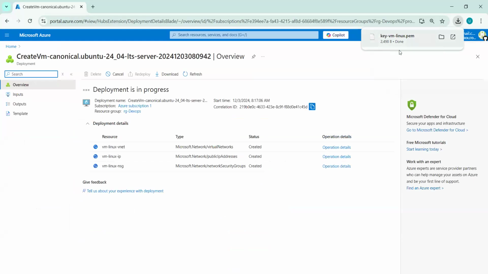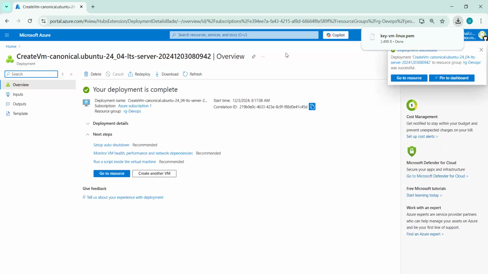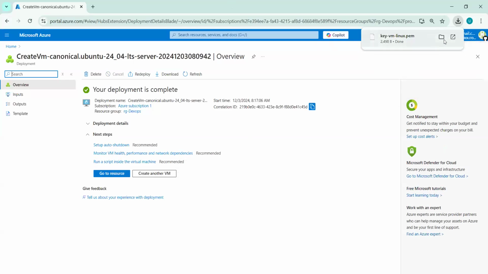So this is a private key which has been provided by Azure. The same concept is used whether you go for Azure, AWS, or GCP. So cloud is very simple and straightforward. If you master any cloud, it may be AWS, Azure, GCP, you can easily learn the other cloud platforms. Okay. So here you can see it is a key, vmlinux.pem. We will see what SSH is in depth when we start the SSH protocol in our Linux session. So at this point, just understand we are using a key instead of username and password.